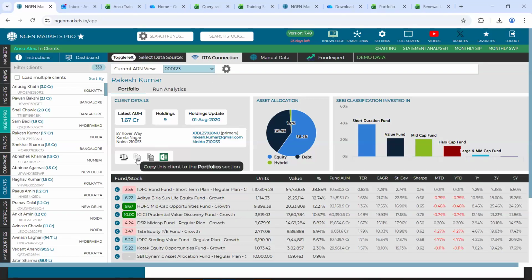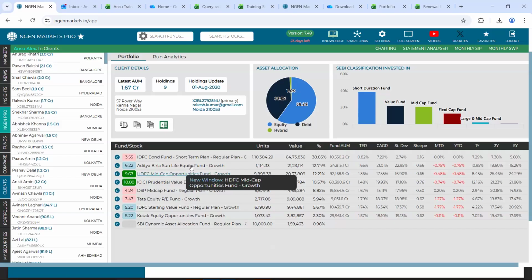Hence, we have given you the option of this copy so that you can take it either to the portfolio section or to the manual data section and edit those portfolios if you wish to make certain modifications and see how it would look. That is the reason we have given these 2 icons. And then there is this Excel icon, which will give all these details that you see simply in an Excel file.